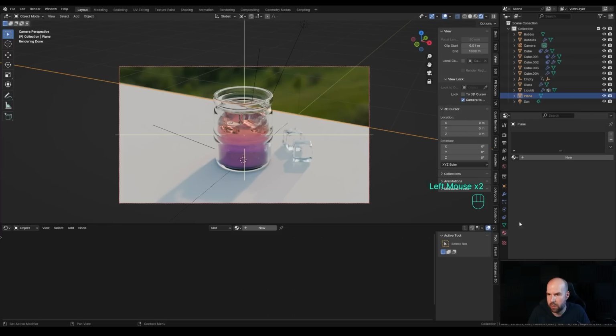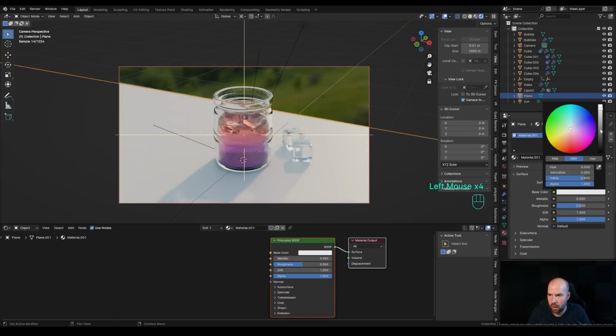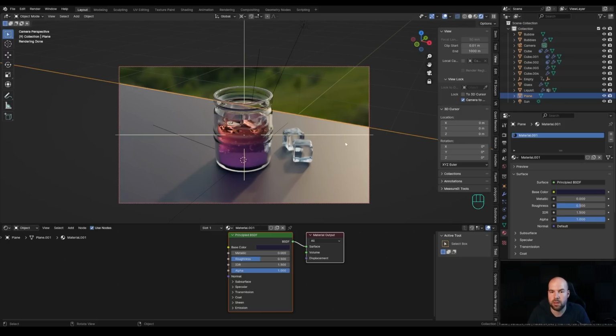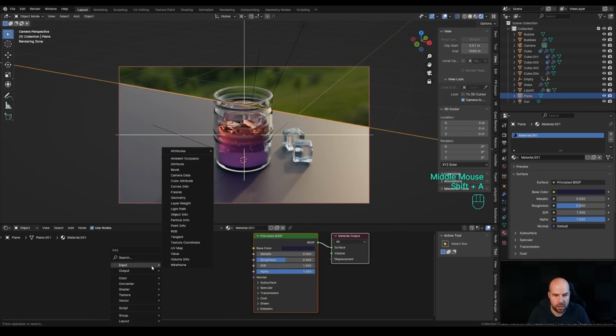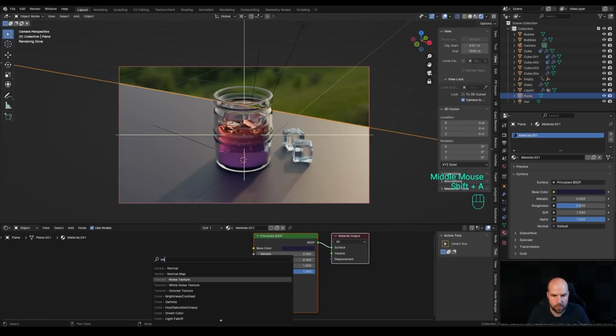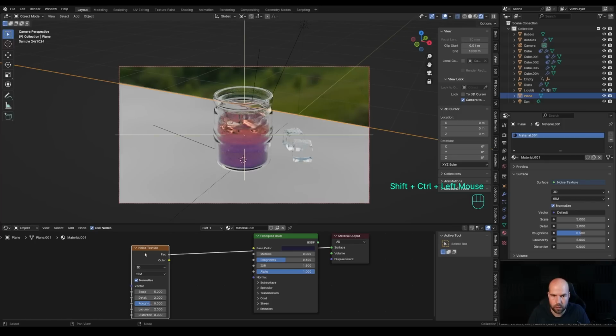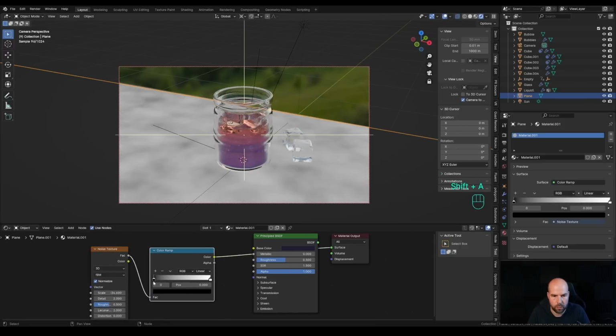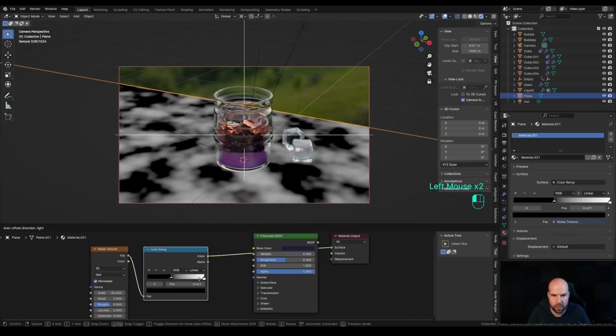So now let's select the background, let's create a new material, and we can do it a little bit darker. And of course this looks great with some texture on, or you can just add noise texture. Adjust the scale, create some color ramp, compress this a little bit,